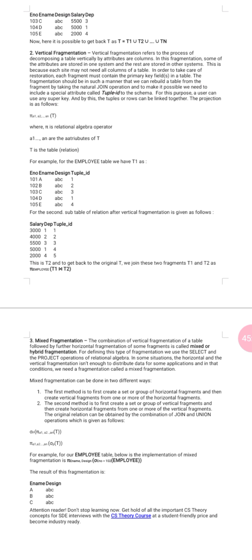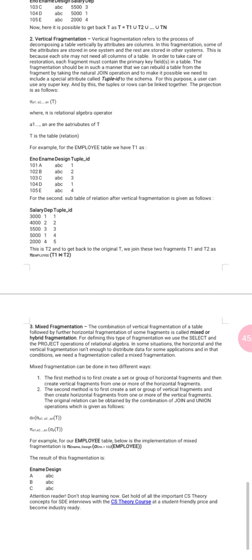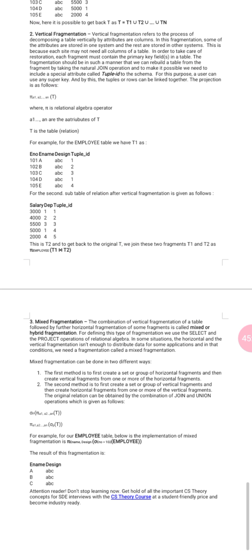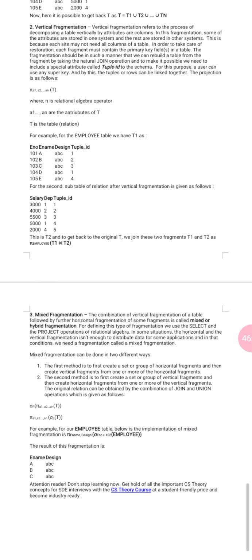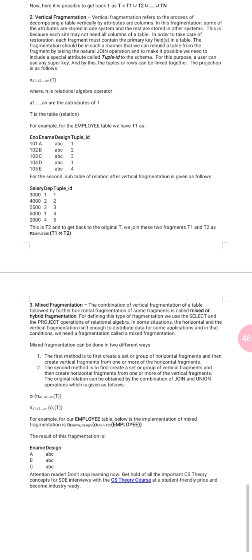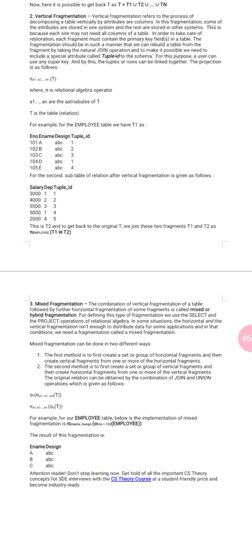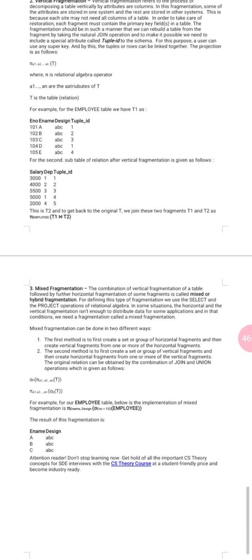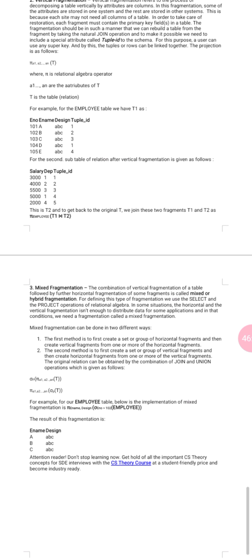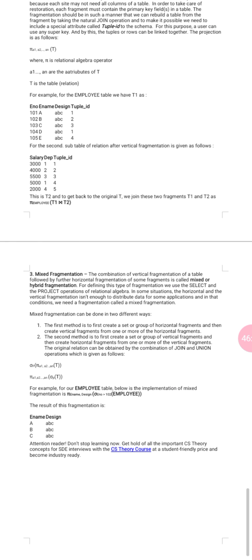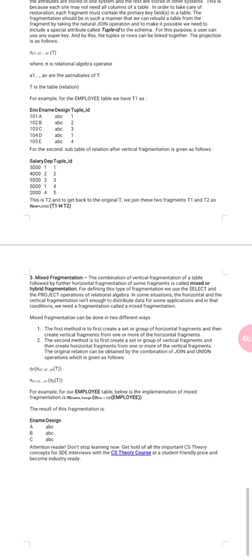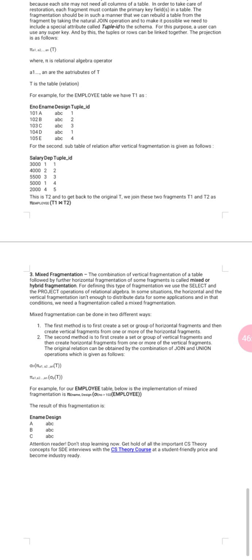This is because a site may not allow a column to be added to a table. In order to take care of restoration, each fragment must contain the primary key field of the table. The fragmentation should be in such a manner that we can rebuild the table from the fragments by taking the natural join operation, and to make it possible we need to include a special attribute called tuple id in the schema.